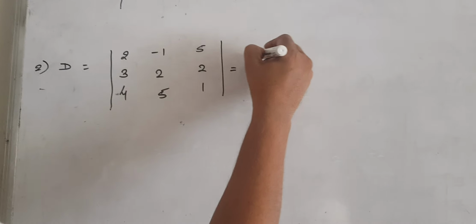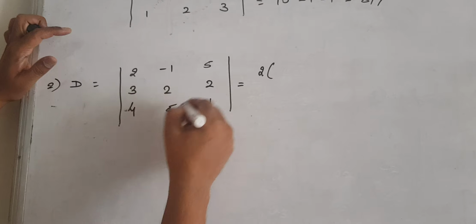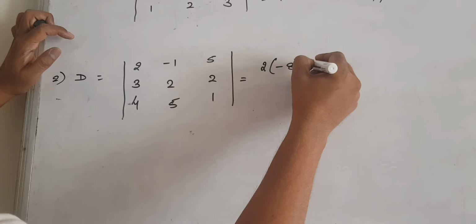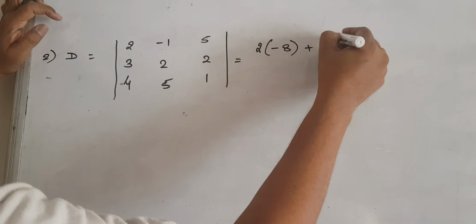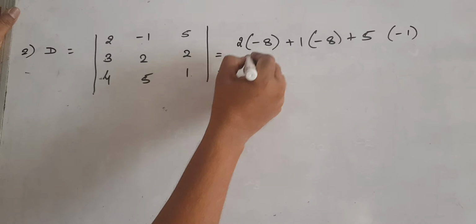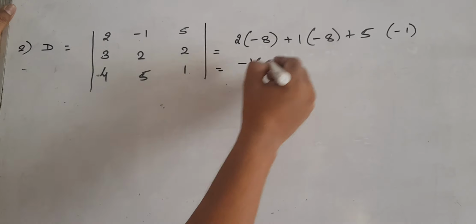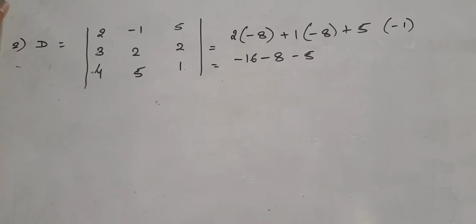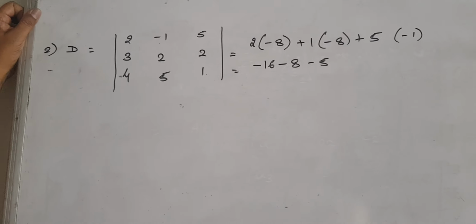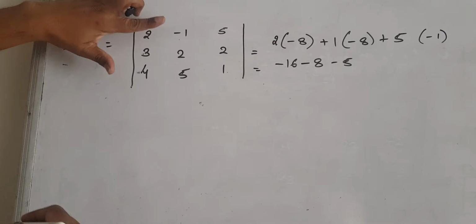If I expand along the first row, 2 minus 10 is minus 8, minus and that minus is plus 1 into 3 ones are 3 minus 12 is minus 8, plus 5 into 15 minus 16 is minus 1. So this should be minus 16, minus 8 and minus 5. Is that clear? So your final answer will be